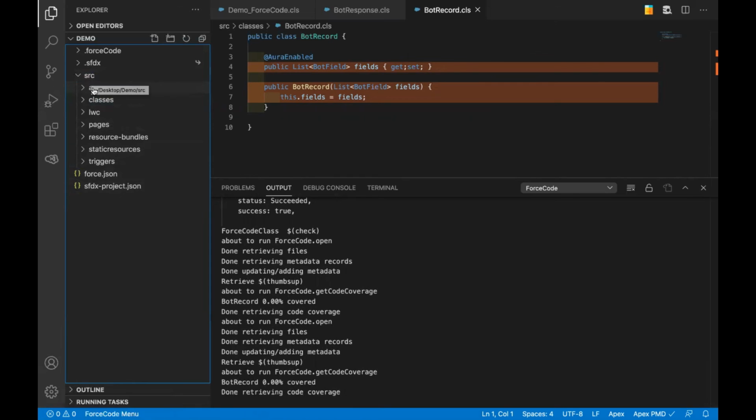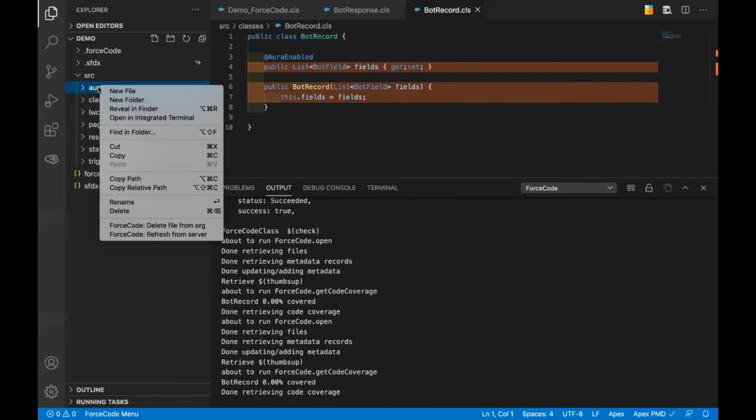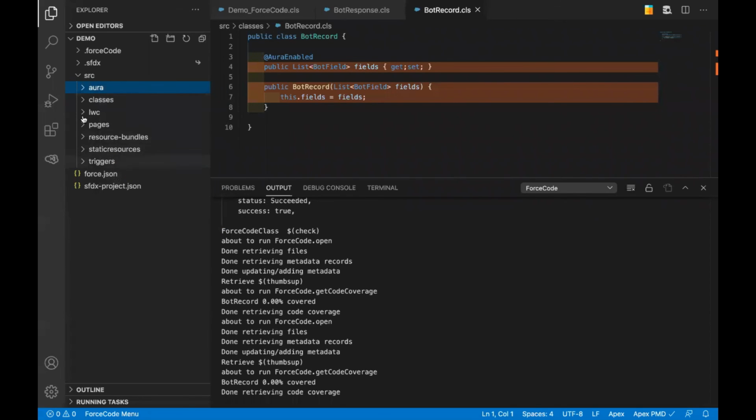There is one more thing. If you wanted to deploy, you can deploy a particular section by right-clicking and going ahead and refreshing from the server. If you wanted to have multiple things, you can create a file under this src, say package.xml,